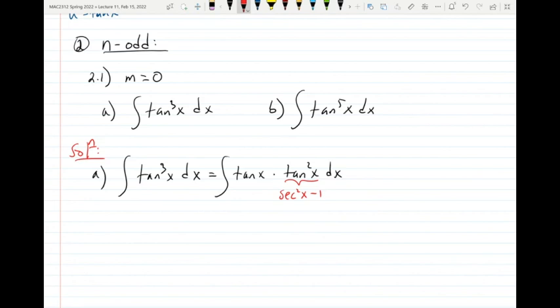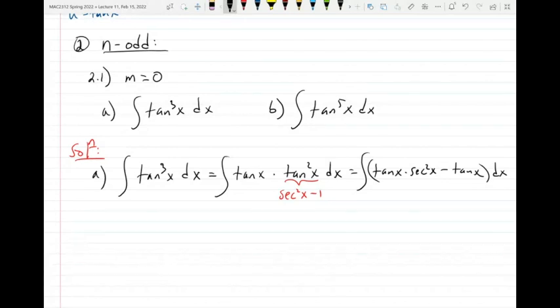That's secant square minus 1. And now we have tangent multiplying secant square minus 1, so we can distribute this. And we get tangent times secant square minus tangent. And notice that now we're going to get two integrals. The first one is an easy integral because you have the secant square. And the second one